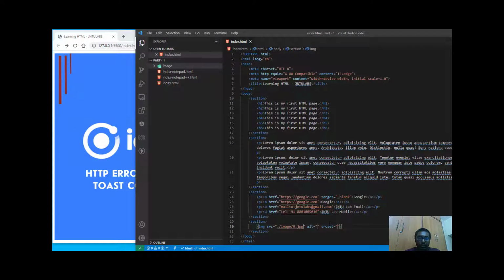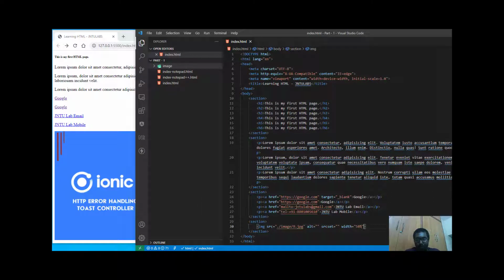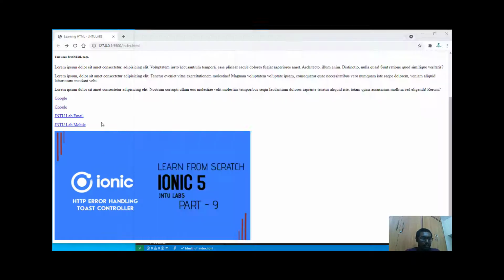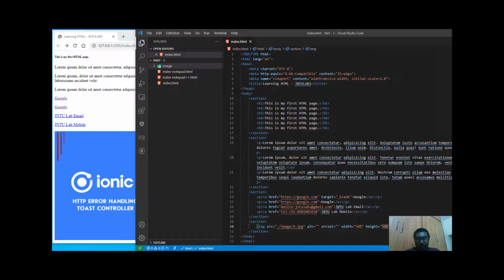Now you can control this image size by using some attributes like width. Width, if you want it to be 50%, so here you go, you got your width to be 50%. And height, if you want to control the height, you want it to be 50% of the actual height, so then you can control it 50 by 50. Okay, so let me have this 40. Then the height is not controlled, so okay, it's fine right now, but you can control the height.